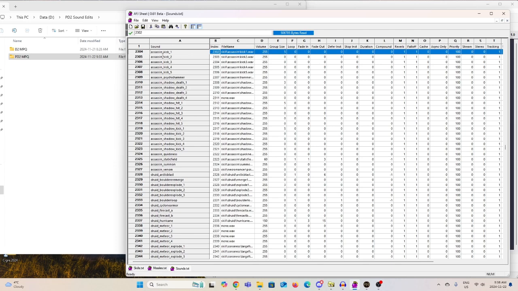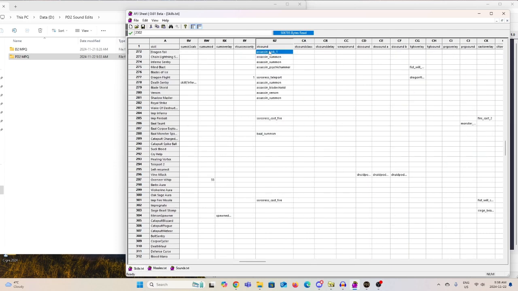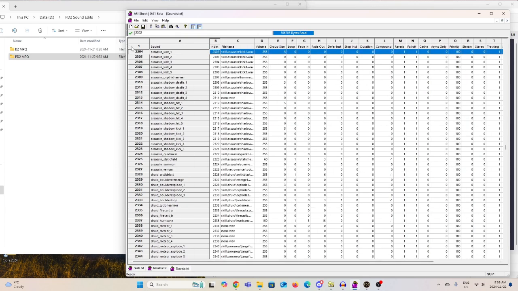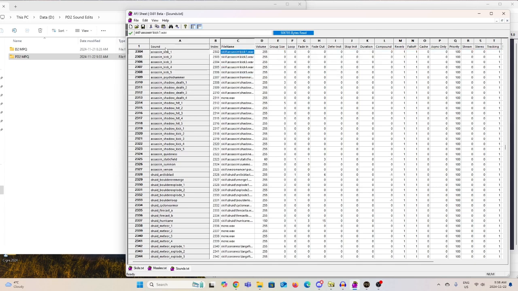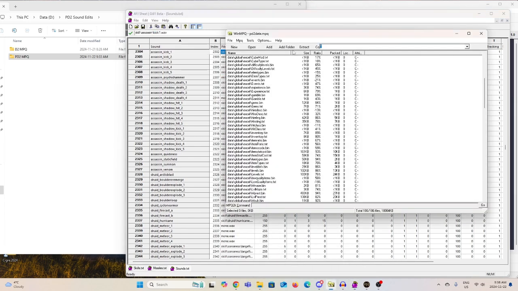What's important to know is you have the Assassin Kick 1, which is listed here. So it's this sound here. However, this is a group size 5, so actually all 5 of these are in the same group. So this is the sound file that we need to look for. Now, if we go back to the WinMPQ